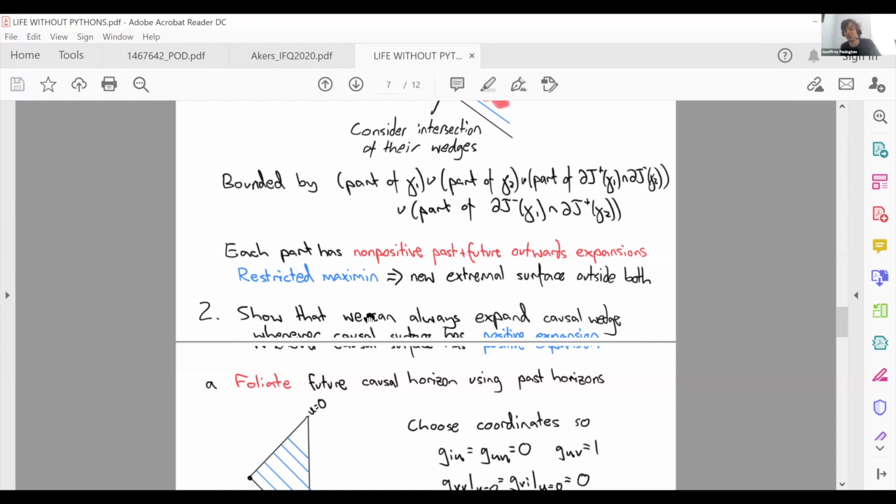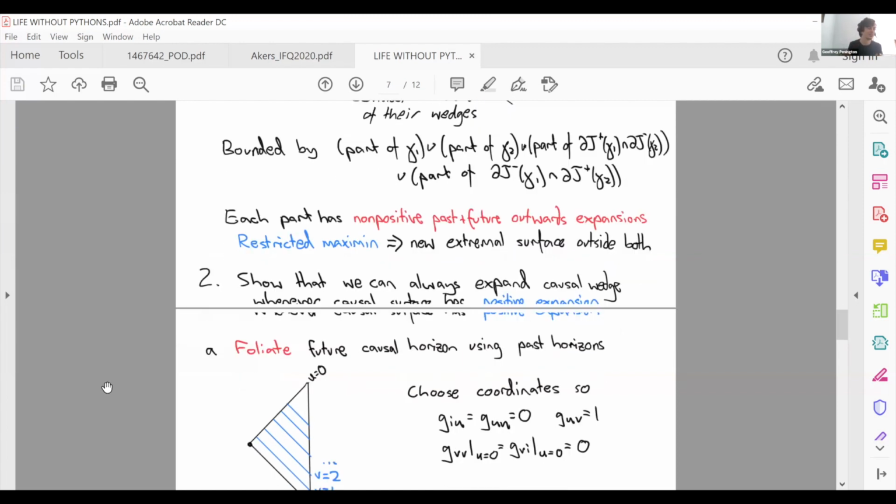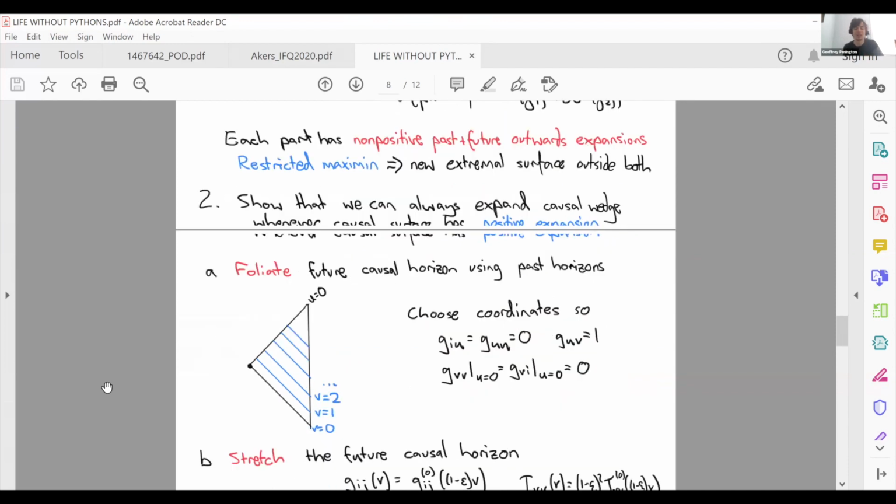Okay, so this is the bit that just took a while to get right. And if you don't get it quite right, you end up just in a mess of GR calculations, and it all gets horrible. And even if you do get it right, it still gets a bit horrible. But basically it's going to be a matter of finding a completely general thing you can do that will expand the causal wedge just a little bit. And the way we eventually came up with to do this